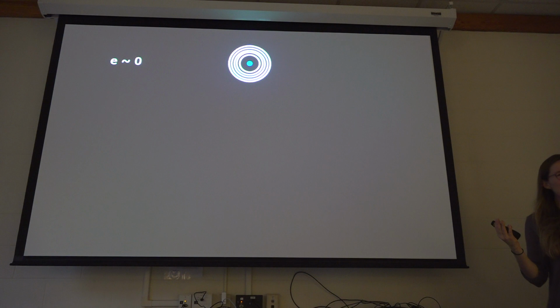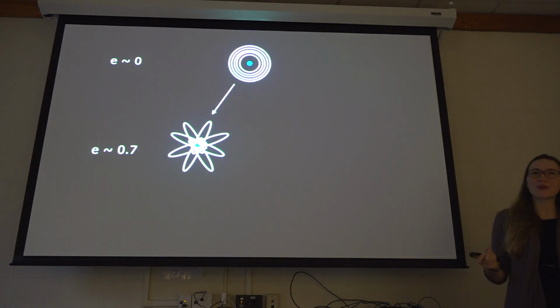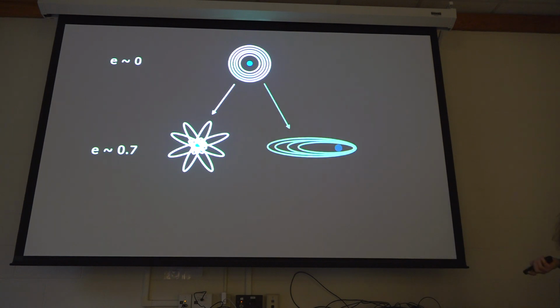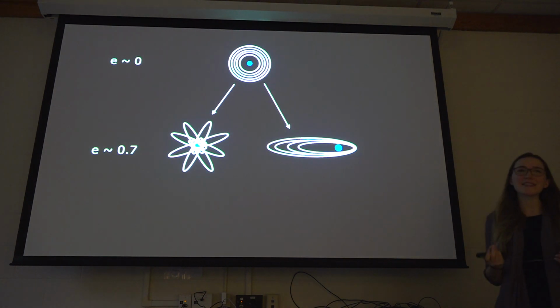I'm going to show you a picture of what I think of as the inner solar system. For some of you this might be too simple a schematic, but we have the sun and bodies moving on roughly circular coplanar orbits. All I'm going to be doing in this talk is bumping up the eccentricities of the bodies moving around the central object. But you can do this in two different ways. The first way is to distribute the orbits randomly about the disk. The second way is to pile all of these eccentric orbits onto one side.